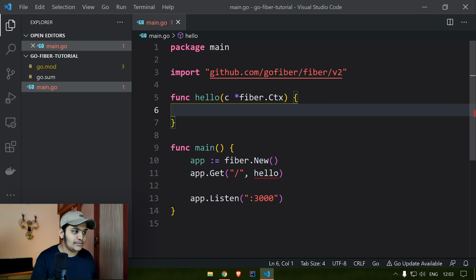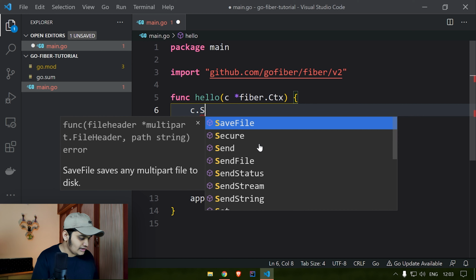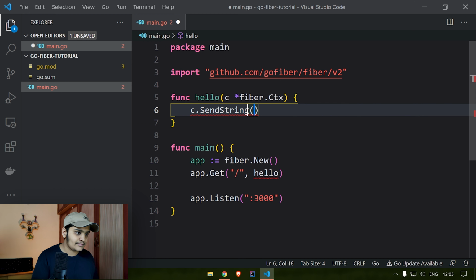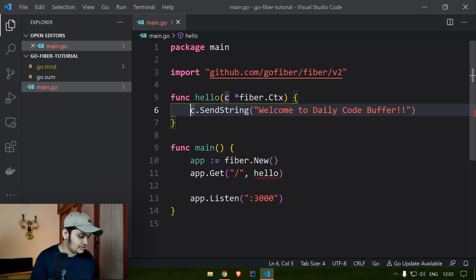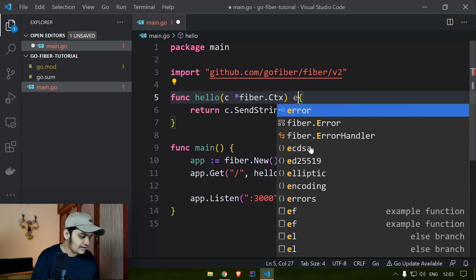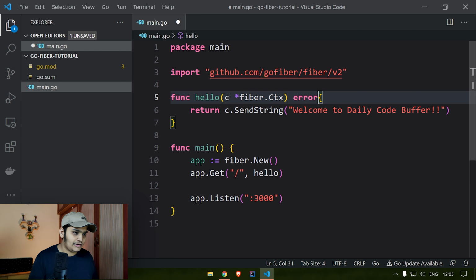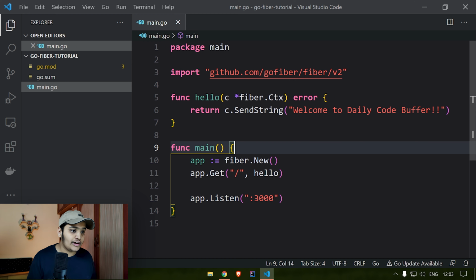For simplicity, I'll just do context.SendString, and I'll say welcome to Daily Code Buffer, and this we need to return. So I'll say return, and it will also have an error as the return parameter if there is any error. So this is a very simple Fiber application that we have created.